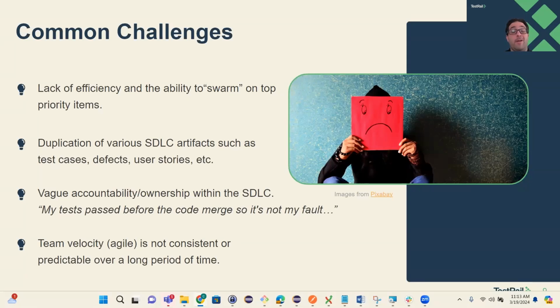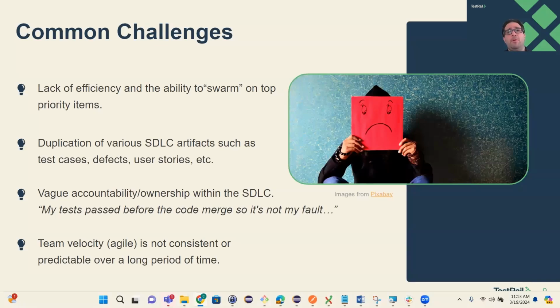Duplication of SDLC artifacts. This is a really big one with me. I've been on a lot of development teams, managed QA teams, and one of the big ones that I've always seen, I'm sure everybody can relate to, is duplication of defects. We have a build that comes out, and we're doing our CI pipeline, we're rapidly deploying. We find an issue during the day. Maybe we have a team again that's remote distributed, so that's our model kind of globally, right? Or maybe even hybrid, but they're in different work zones or time zones.